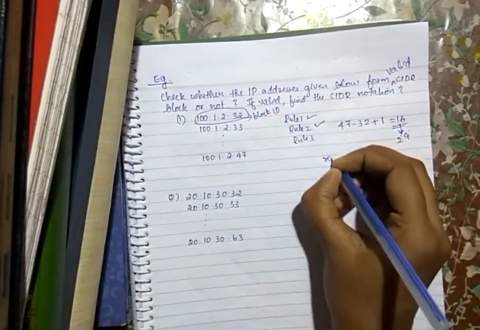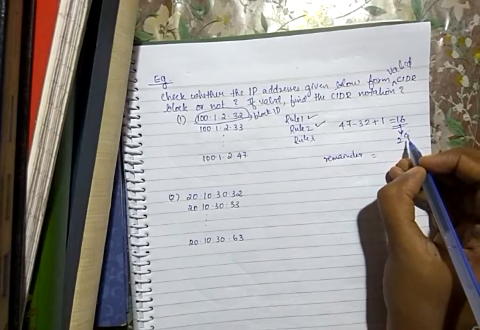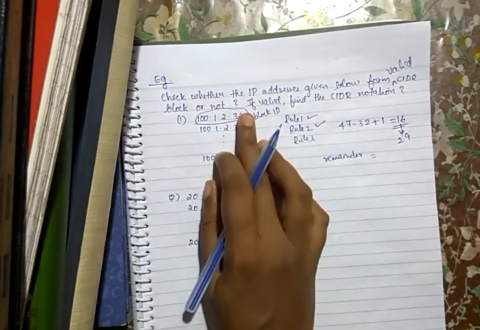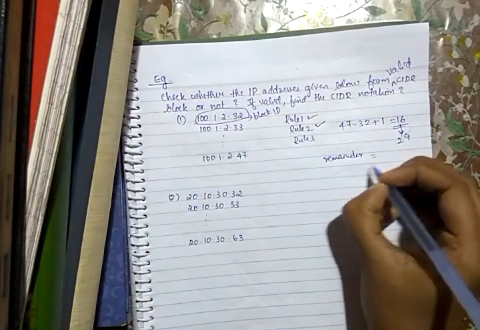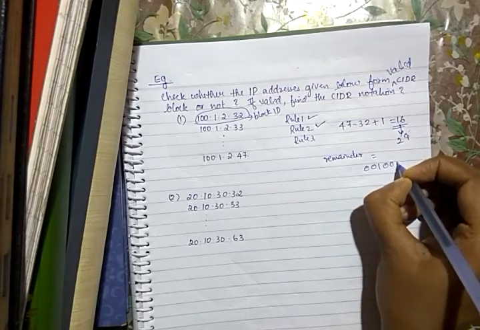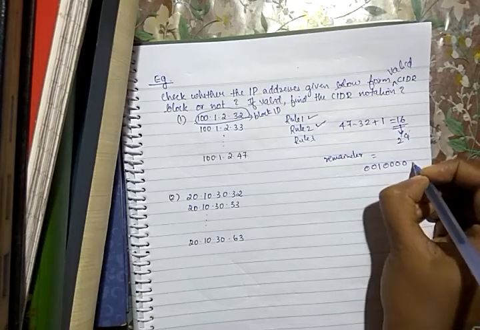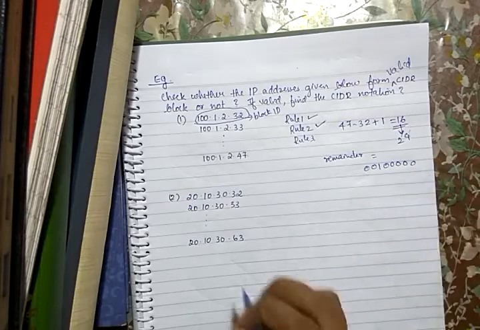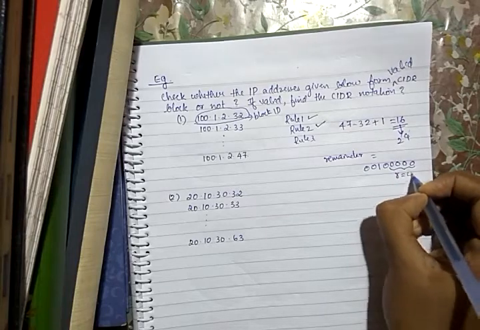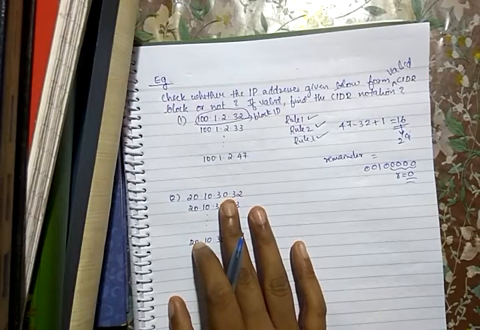what is the remainder? The remainder is nothing but the least significant k bits. Here it is 4 bits. So just to see whether those 4 bits are 0 or not, I need four 0s at the end. Just to take the binary of 32, what is 32 in 8 bits? 2 raised to 0, 2 raised to 1, 2 raised to 2, 2 raised to 3, 2 raised to 4 and 2 raised to 5. Okay, so this is your 32. Now see the least significant k bits, representing the remainder, that is 0 only, right? So okay, rule 3 is also fine. So it is a valid CIDR block.